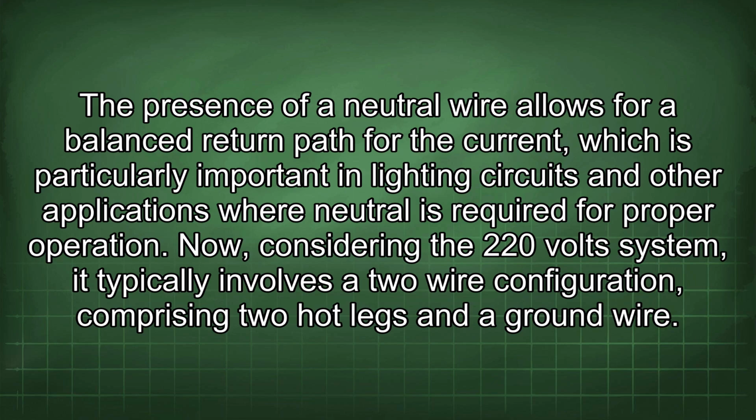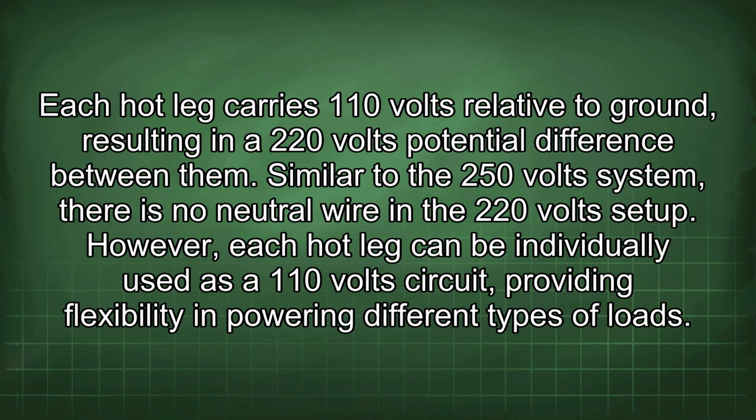Now, considering the 220 volt system, it typically involves a 2-wire configuration comprising 2 hot legs and a ground wire. Each hot leg carries 110 volts relative to ground, resulting in a 220 volts potential difference between them. Similar to the 250 volt system, there is no neutral wire in the 220 volt setup. However, each hot leg can be individually used as a 110 volt circuit, providing flexibility in powering different types of